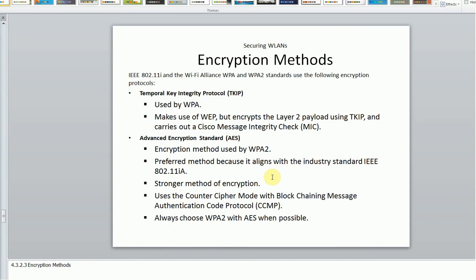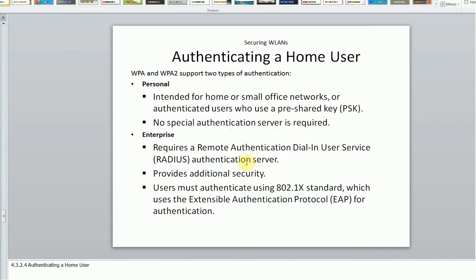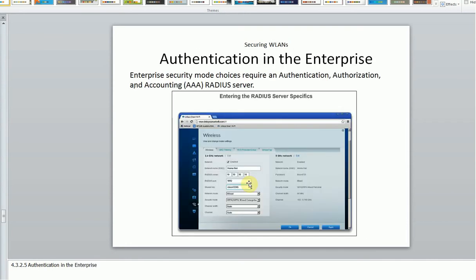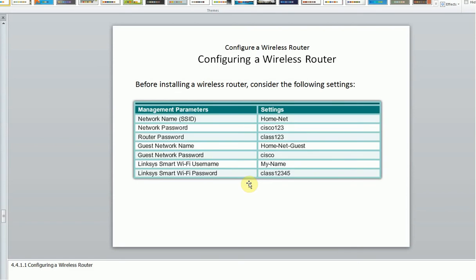How this algorithm works is a little better compared to others. Better means it has a higher level of authentication, and that is why it is better. We can have personal devices, or we can integrate with a Radius server. We can discuss this later because it is not in the scope of our discussion today.